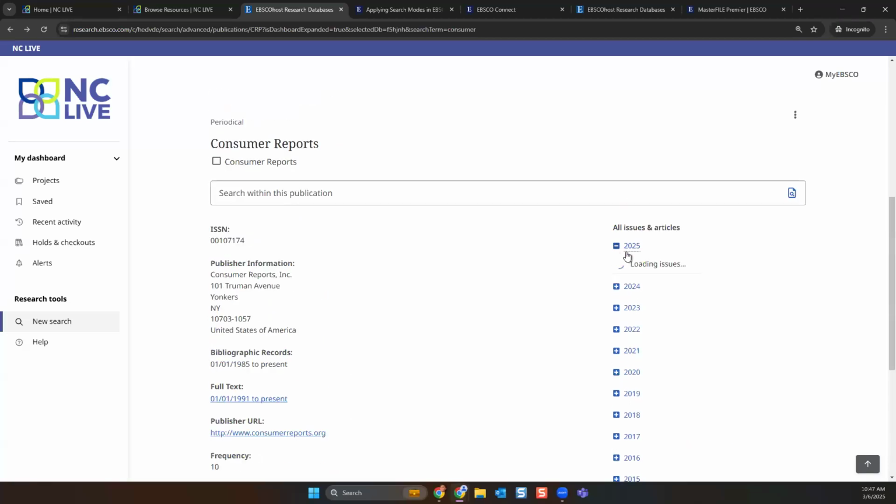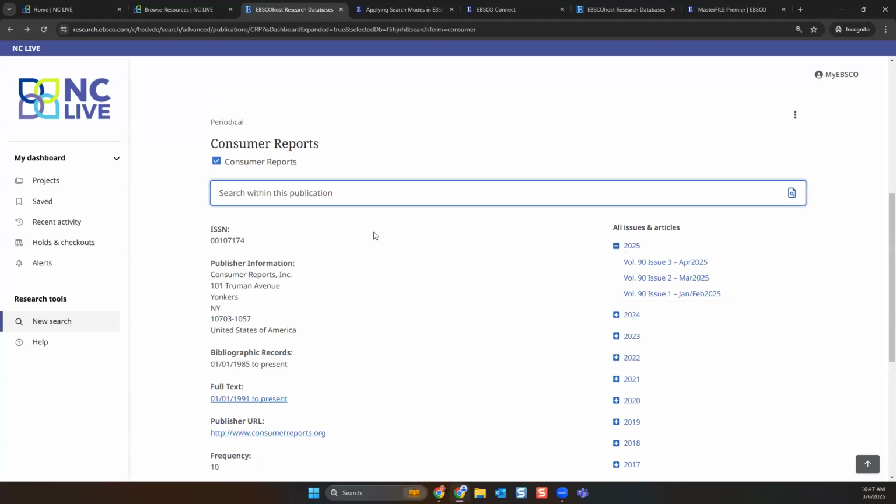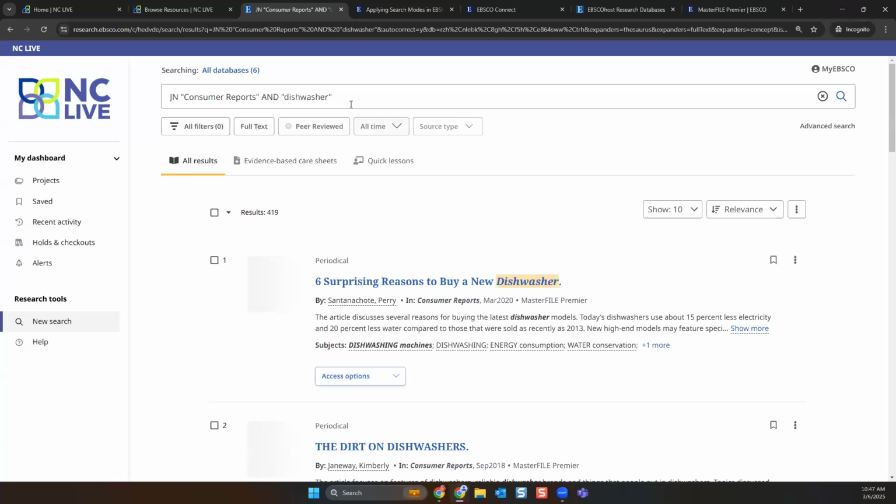So in addition to accessing the articles by volume and issue, I also have the ability to search within this publication. So if I click this little tick box, Consumer Reports, I can then enter a keyword to search for any articles published in Consumer Reports. So maybe I'm also looking for a new, I don't know, dishwasher. I'll just execute a search. And now I'm going to take a look at all the articles, 419 articles published in Consumer Reports dating back to 1991